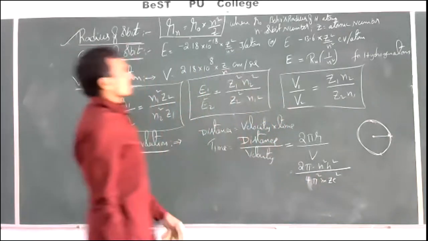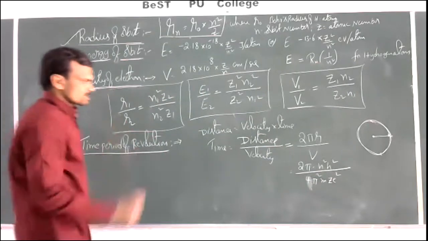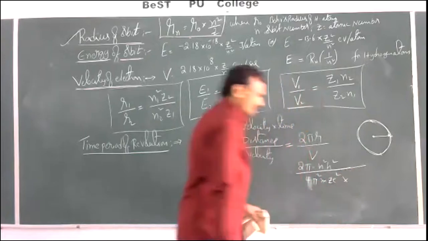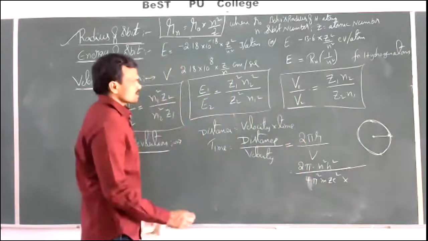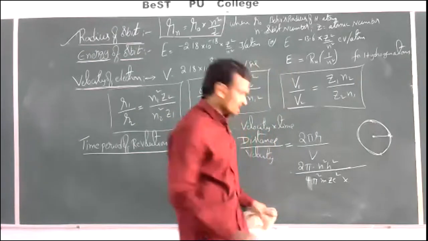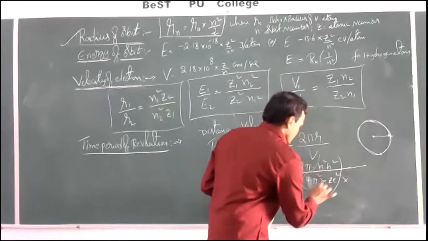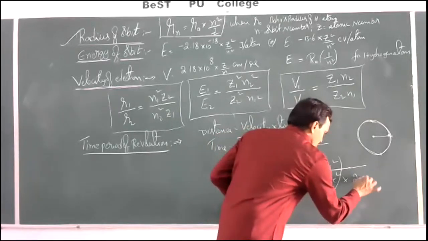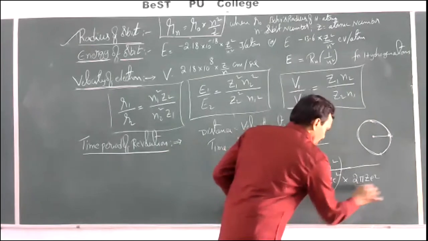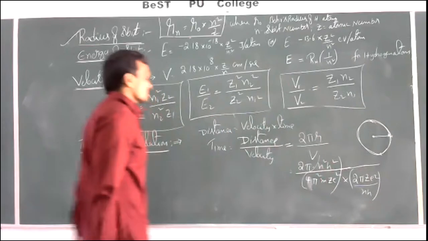N square h square by 4 pi square mz e square. This is the expression of the radius of the orbit. Into what is the velocity expression? Just now we did 2 pi z e square by nh. So this is the expression of radius. This is 2 pi z e square by nh. This is the expression for